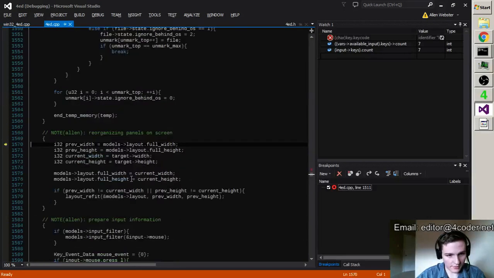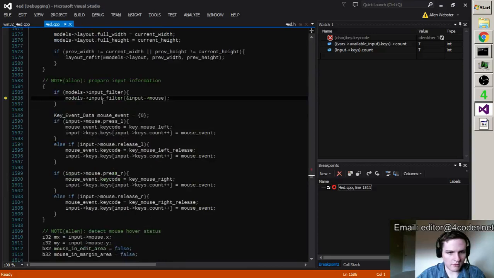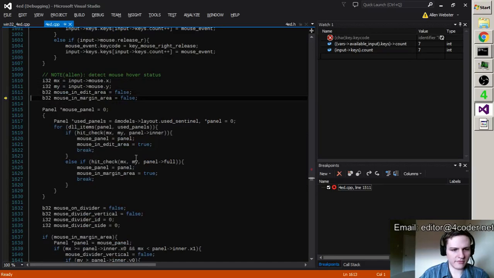Alright, so checking that files are up to date. Yep. Reorganizing the panels on the screen. They're good. No mouse stuff.